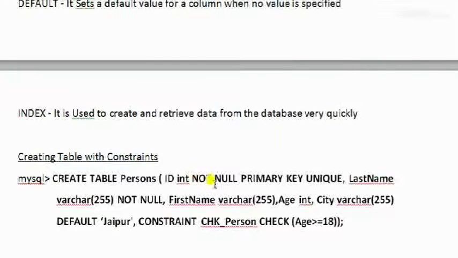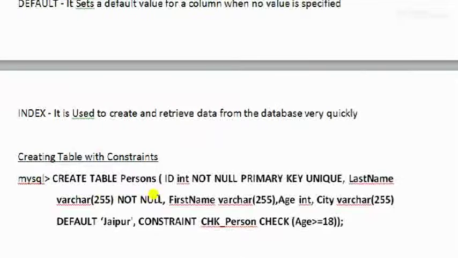Not null, no null value will be there. Primary key will be taken, which will uniquely identify the table records. Unique, no repeated value.